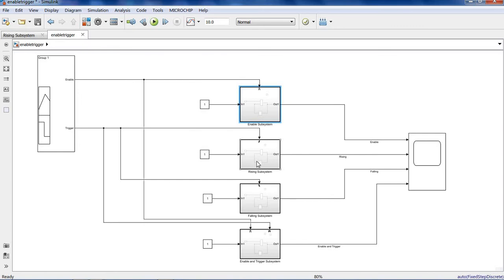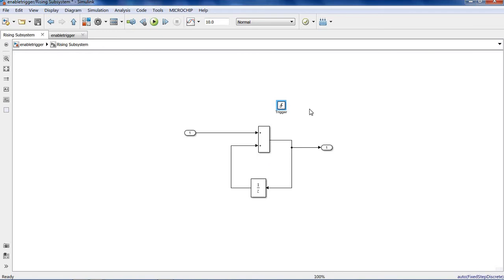Whereas the triggered subsystem will update the output on a rising or falling edge, or when the type of trigger is function call. Only in these conditions will the triggered subsystem work.